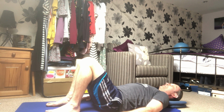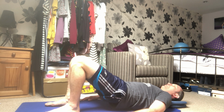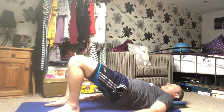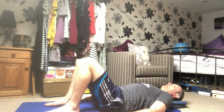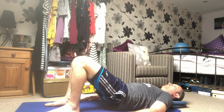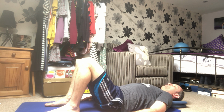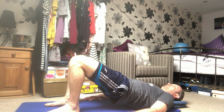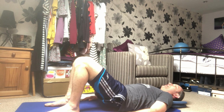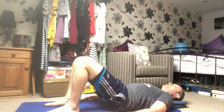So starting off in the same way. Breathe out, tailbone up, peel the spine, come up to the center of your back, and then roll back down again for 1, 2, breathing out, 3, roughly the middle of your spine, and up goes the tailbone, shoulders relaxed,